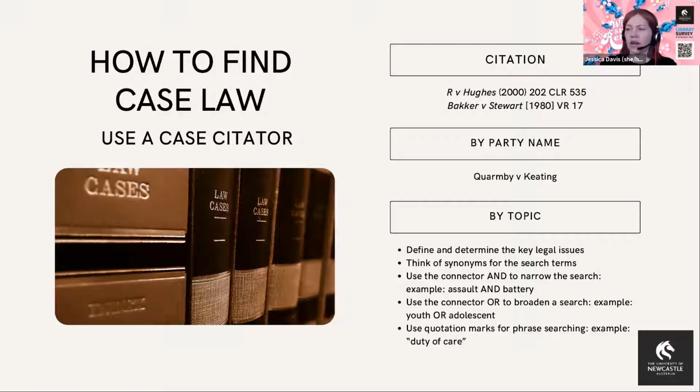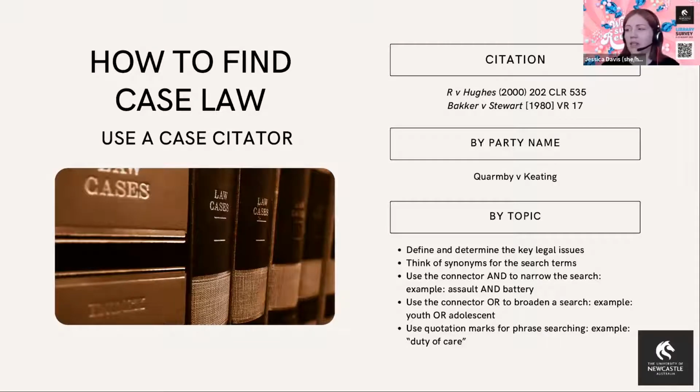Law report series are records of court decisions, and when a case is published in one, a new citation is created. When a case has multiple citations, this is referred to as parallel citations. So if you don't have the full citation, you can search using just the party names. This has the potential to be less accurate as you need to spell the names correctly, and sometimes the names are spelled differently depending on which database you are searching.